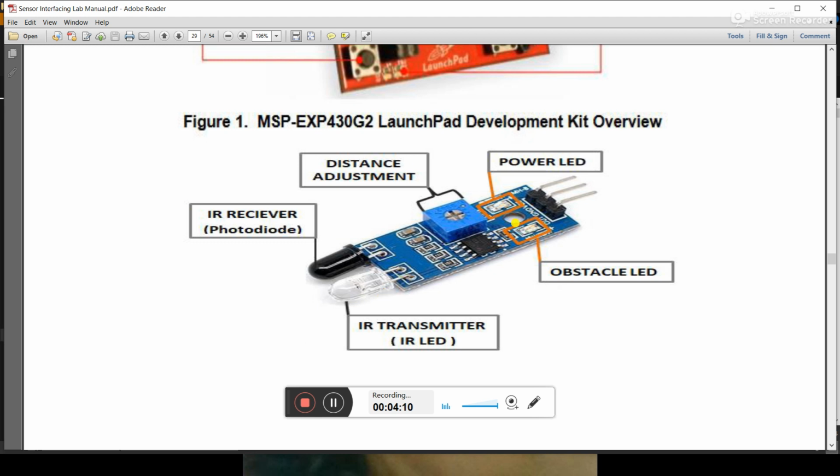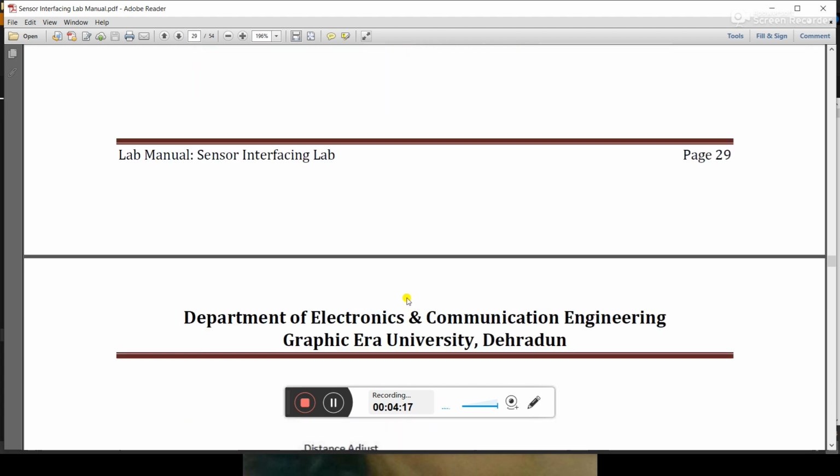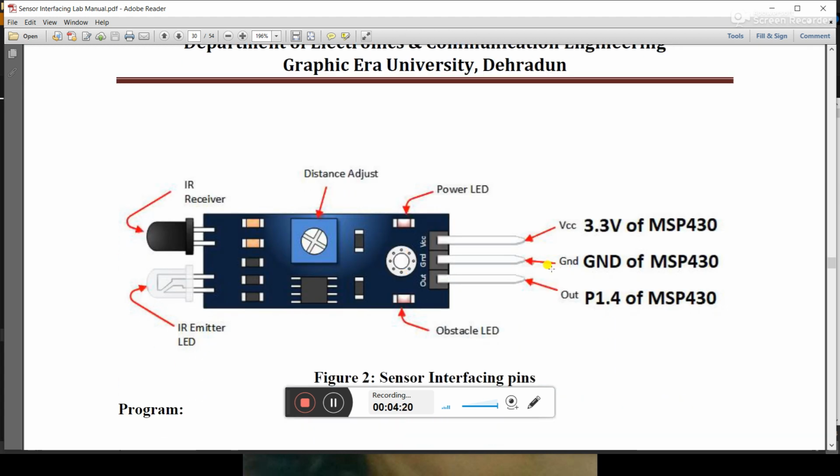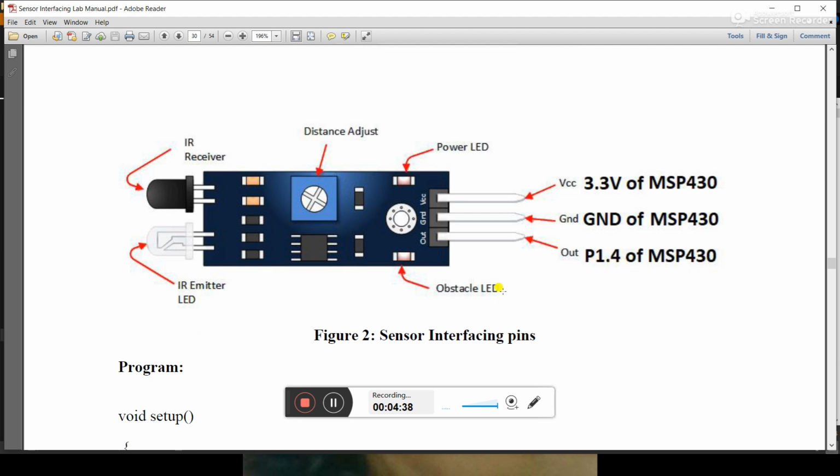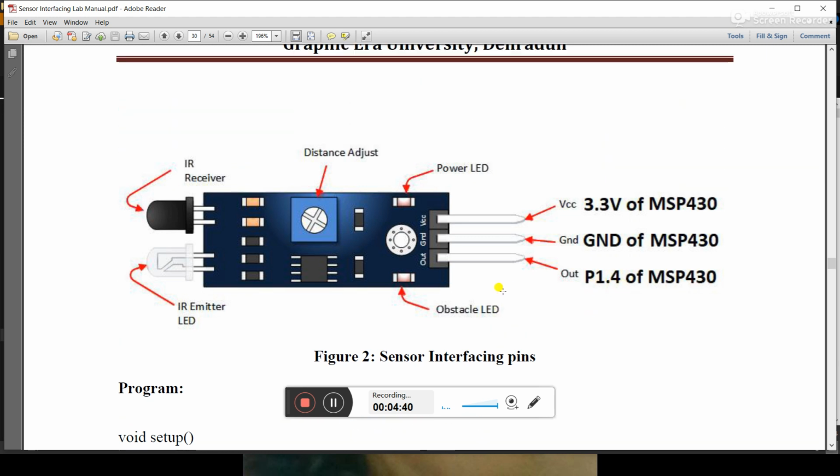So that is a sensor which you may use in your experiment, and you have to provide VCC to the sensor, ground to the sensor, then you will get the output. This is a digital type sensor, so it will provide you output in digital form, either 0 or 1. So you have to use P1.4 of the MSP430 for your sensor.